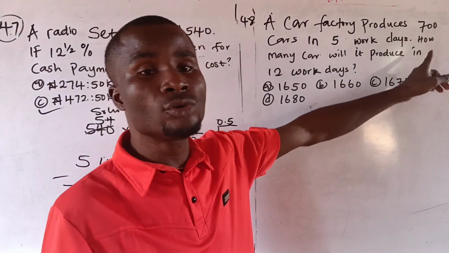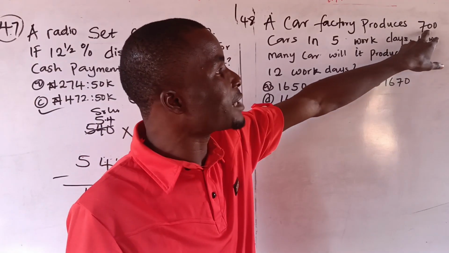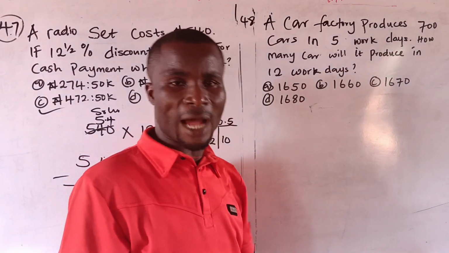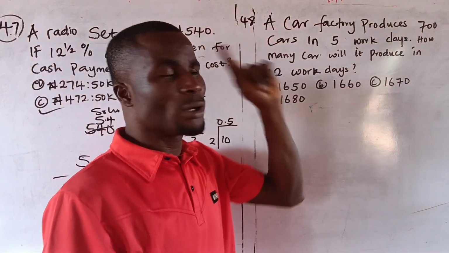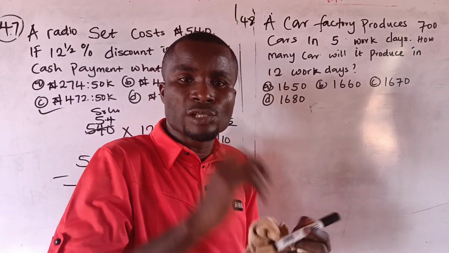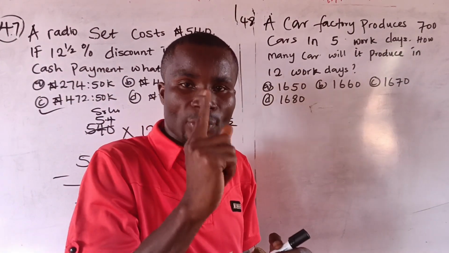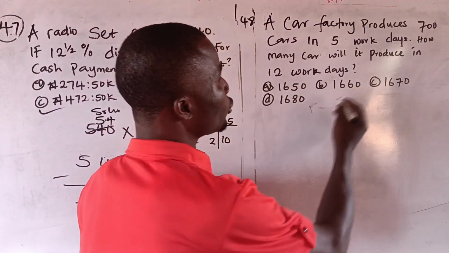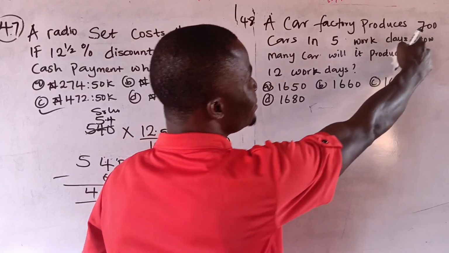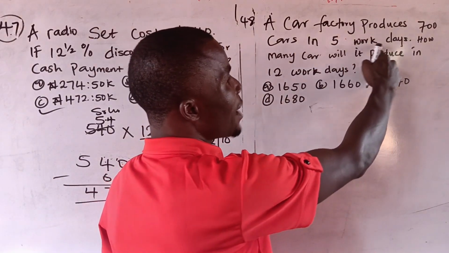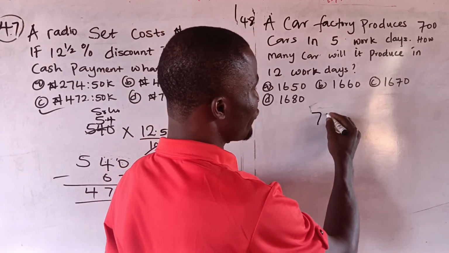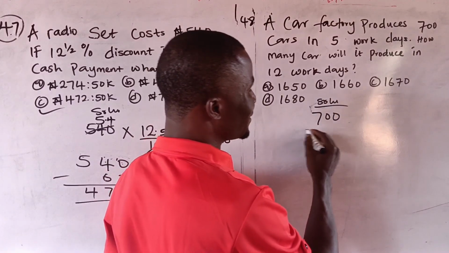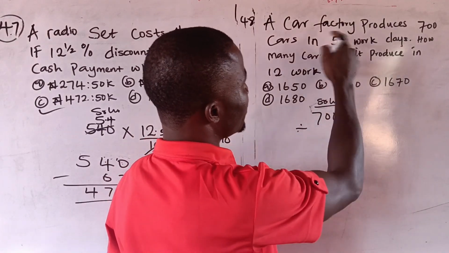Since we already know the number of cars that was produced in 5 work days, but before we achieve that, we are going to know the number of cars that will be produced in one day. One day, let's try to know. What do we do? We are going to divide the 700 cars by 5 days. So solution: 700 divided by 5